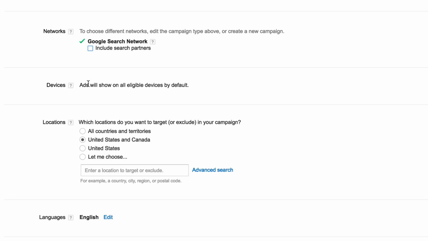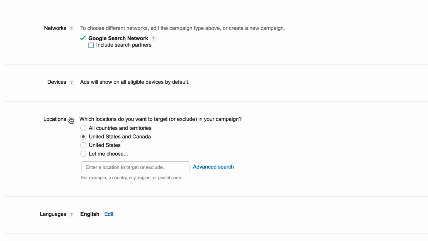So then under devices, there's nothing here to set. Under locations, this is where you set location, US and Canada. I suggest you break things down right away by singular countries. So you're going to set up a new campaign. I would put on the United States to start with for whatever those keywords are going to be. And then you can come in here, set up another campaign the same, make it just for Canada, and then